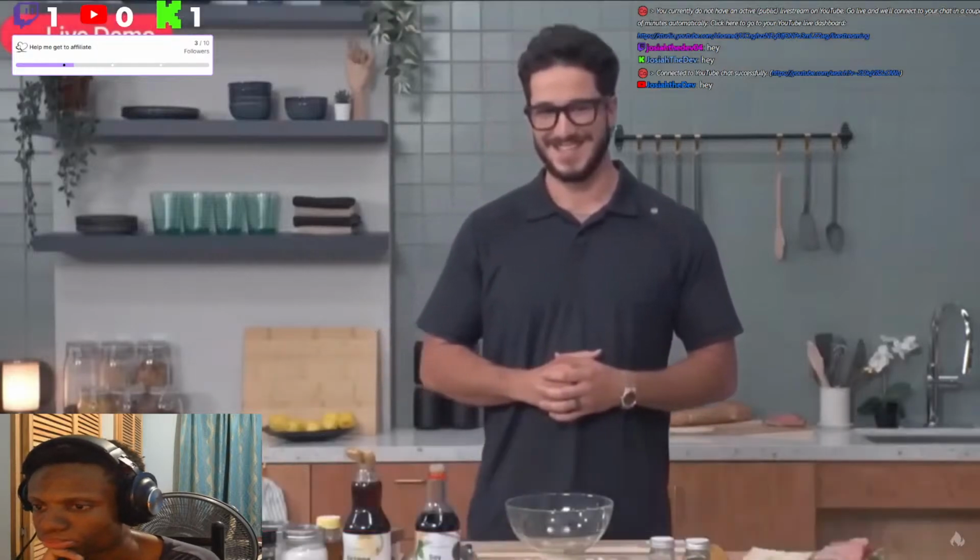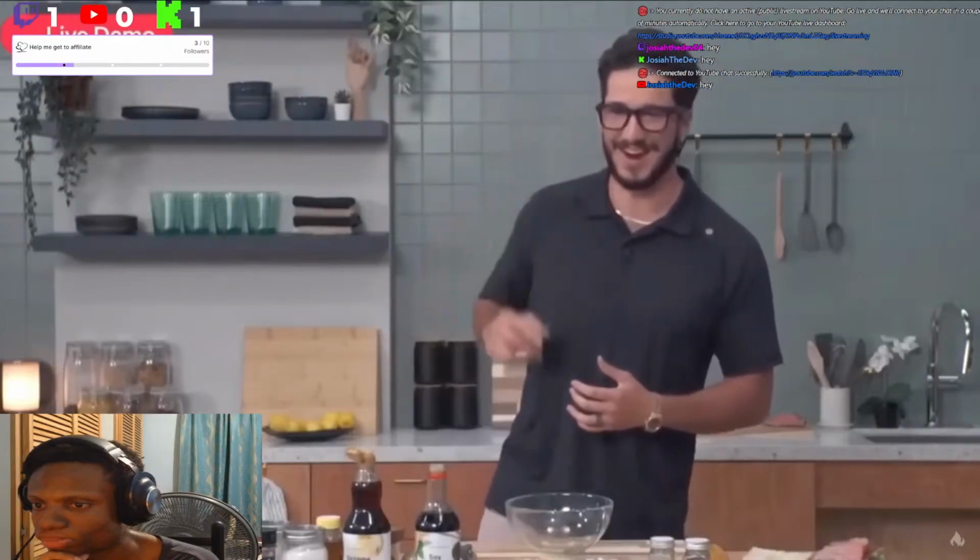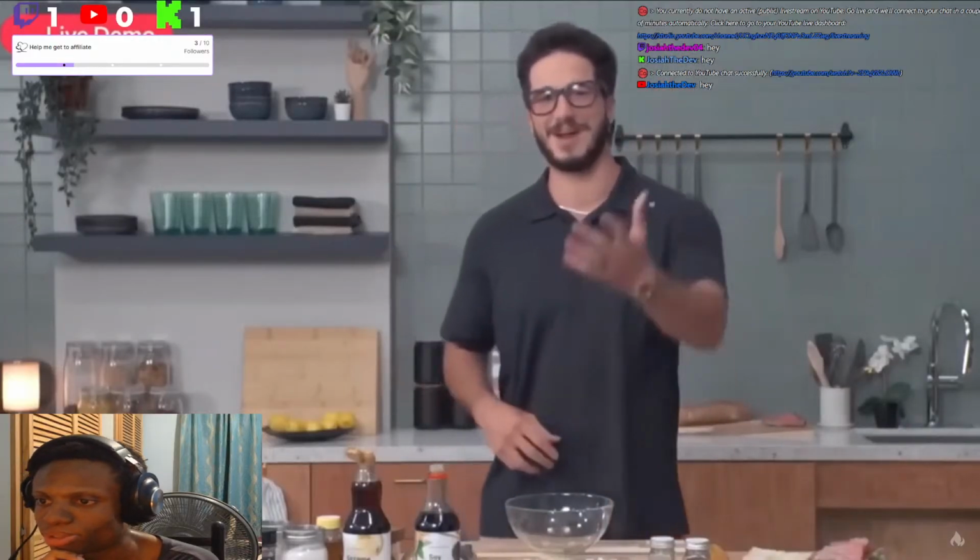Base ingredients, so now grate the pear and gently combine it with the base sauce. All right, I think the Wi-Fi might be messed up. Sorry, back to you, Mark.